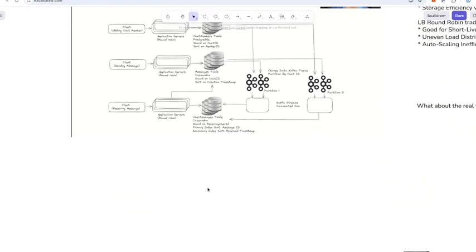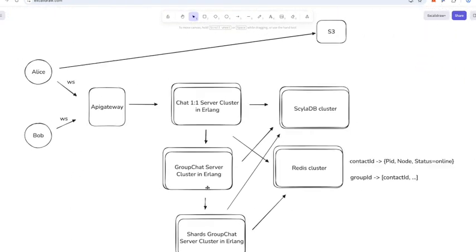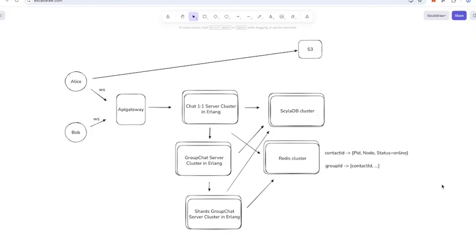So the best approach to implement this architecture is the following.